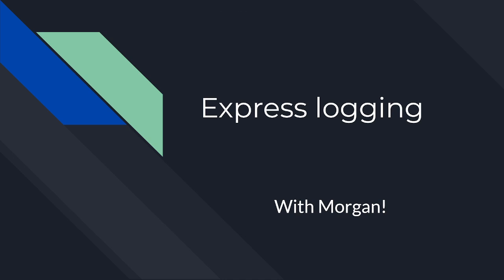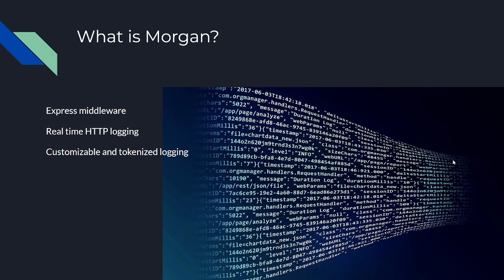Hello and welcome to a demonstration on using the middleware Morgan for Express, specifically with HTTP real-time logging. So what is Morgan? It is an Express middleware, as I said, that does HTTP logging in real time. It allows you to make custom tokens for that logging and generate the information you want out of user logins,